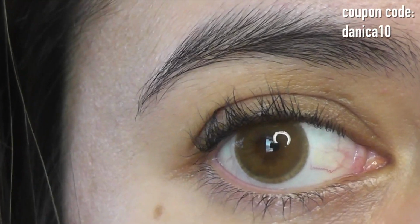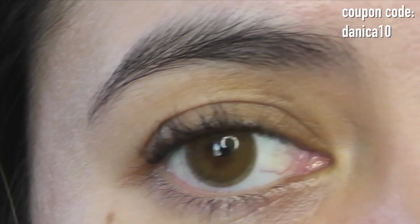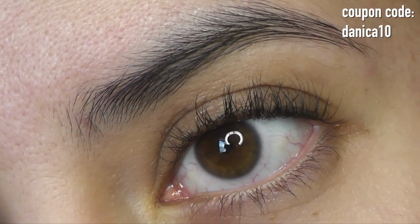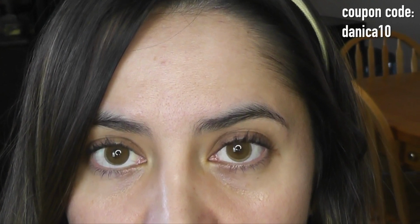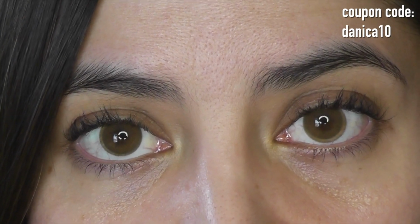It doesn't have as much of a textured patterning. It's more of a smooth patterning, more simple, and then there is a slight limbo ring on the outside, but it's very thin, so it just slightly frames the eyes. I also wanted to mention that you will notice that there is a bleeding over effect